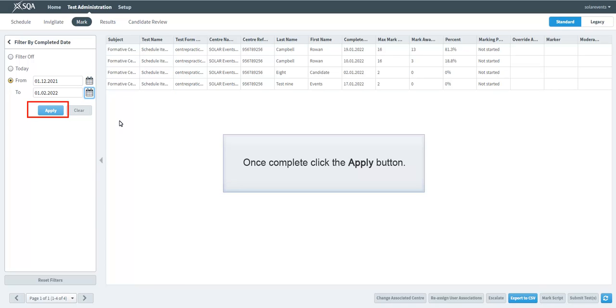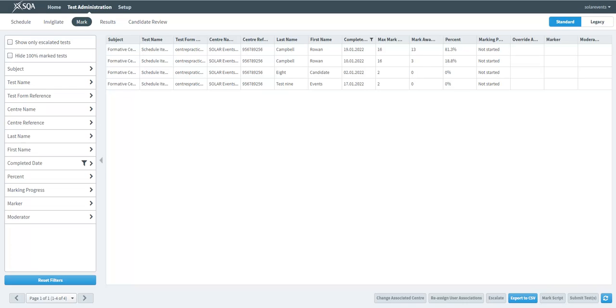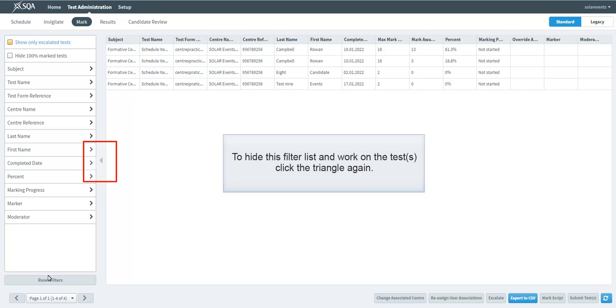Once complete, click the Apply button. To hide this filter list and work on the test, click the triangle again.